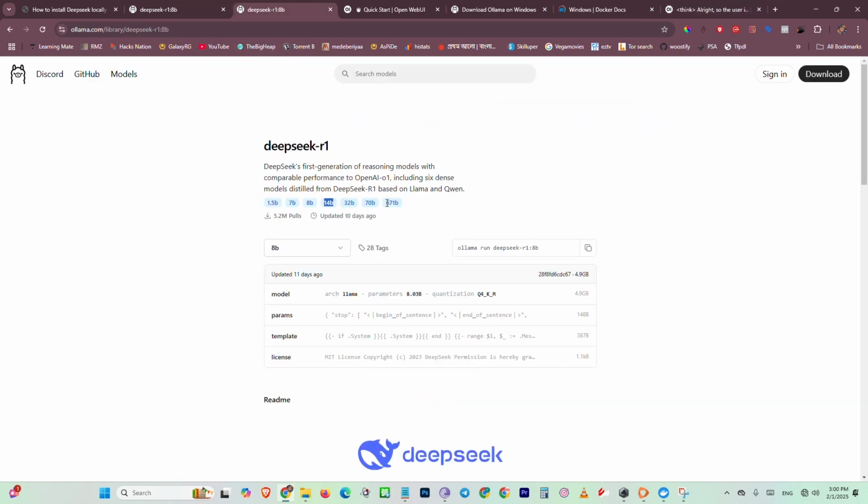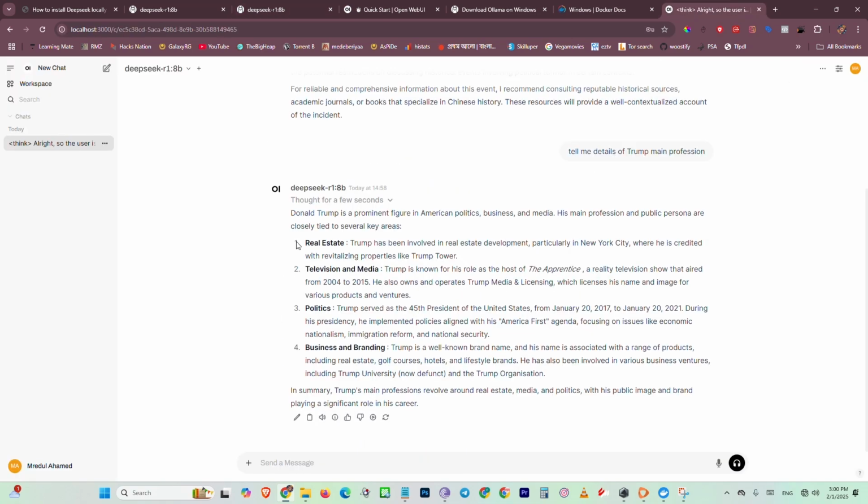And if you can run the biggest one, it's incredible, I think. So it's 400 GB. So I hope 8B will work for me. 7B also works, and 14B will be better. And if you increase the size, the response will be